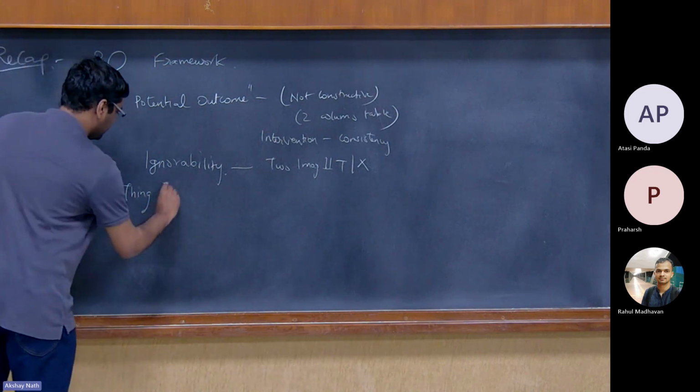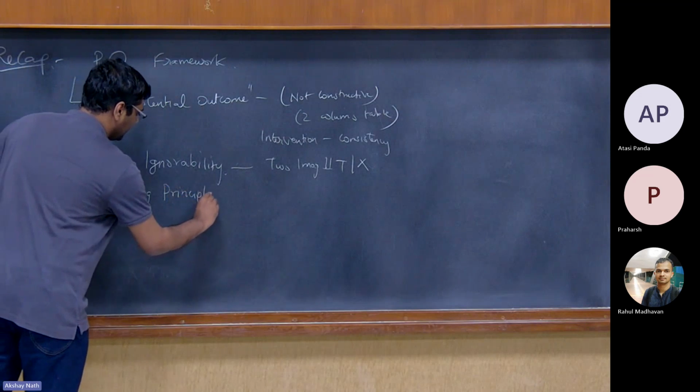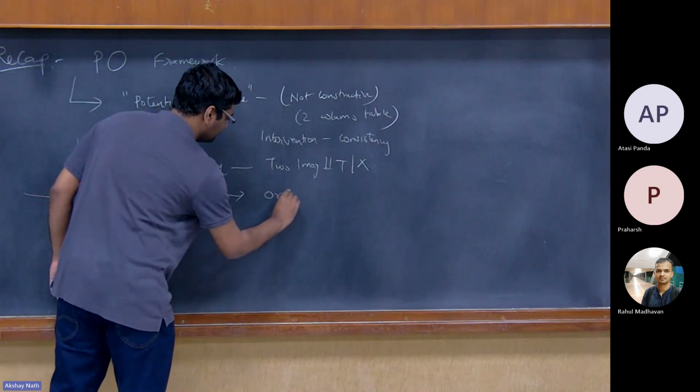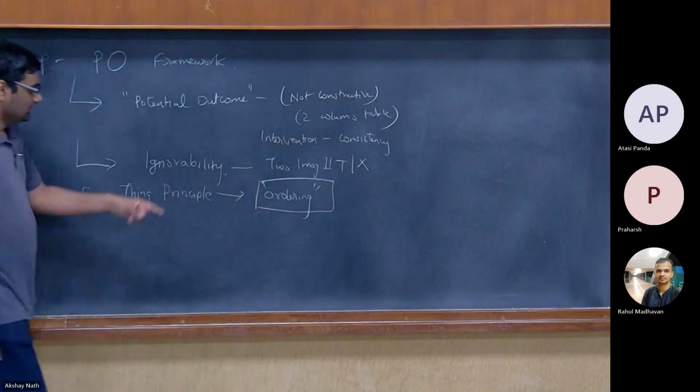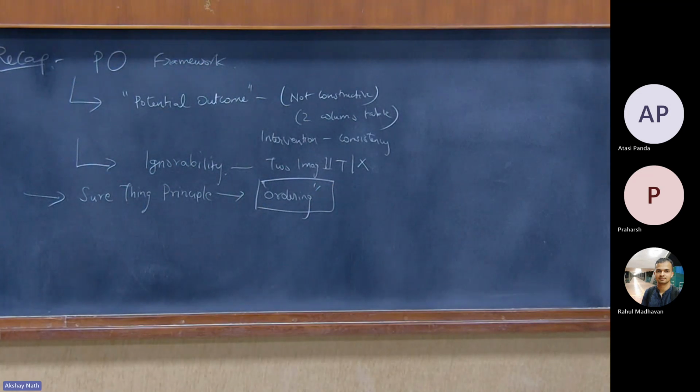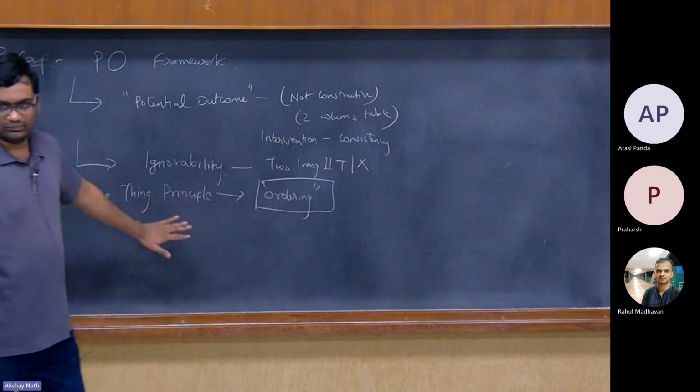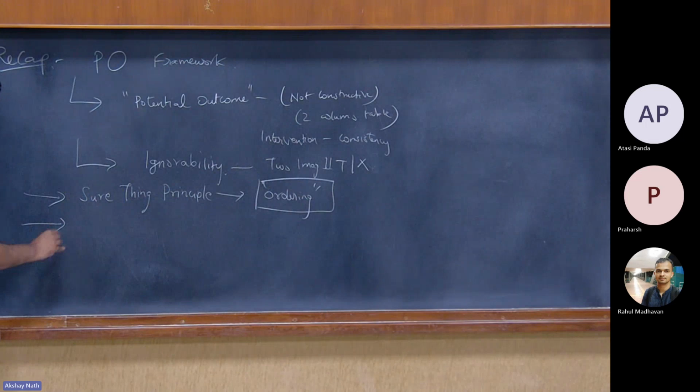What the sure thing principle tells you is that at least for decision making, you have to understand a notion of causal ordering. This is very, very important. There has to be some ordering amongst variables that you observe, what comes later and what comes before, and the notion of causation is related to this order. That's what the sure thing principle, or the violation of it, said. The second thing comes from a very different viewpoint, more from a classical physics viewpoint.